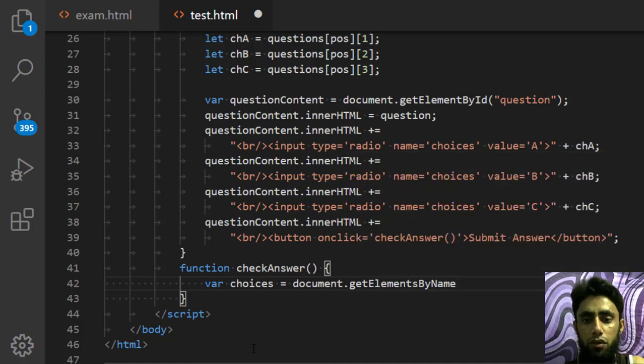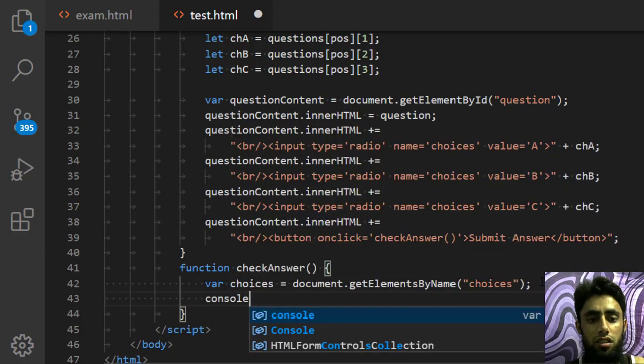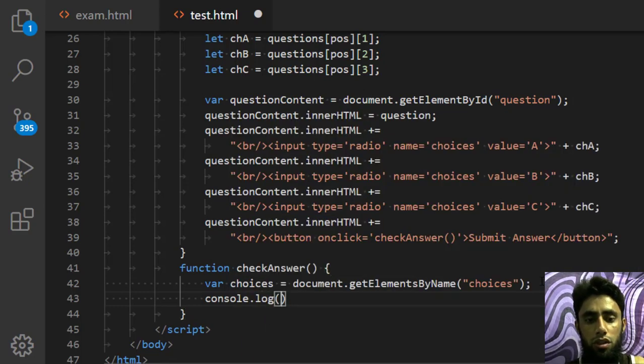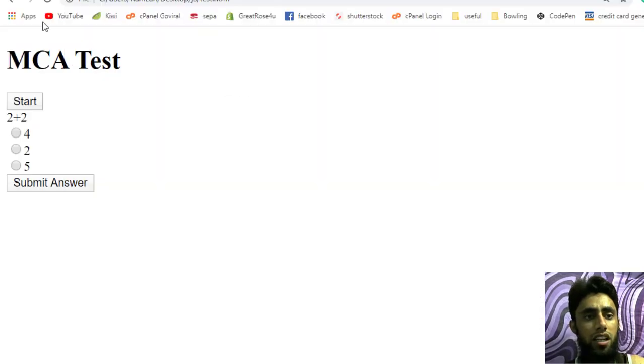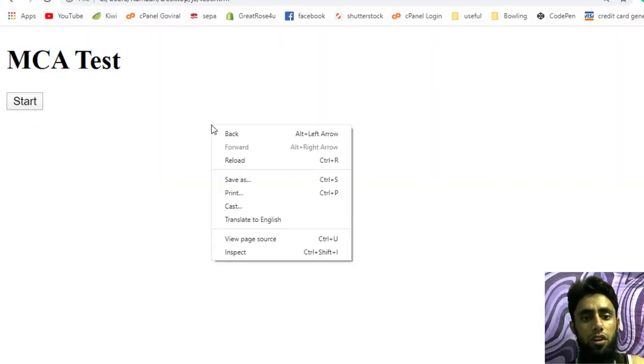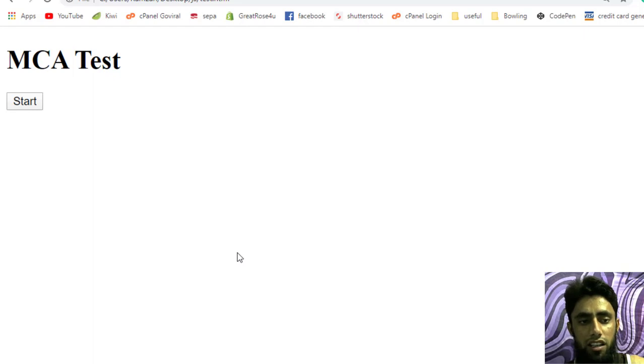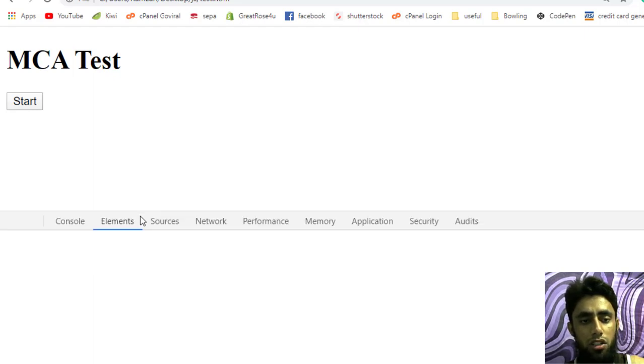All right, because we have actually mentioned here the names, so I need to add here the name choices, and you can see that whatever would be inside of choices, that would actually be an array. So if you wanted to see here, let me show you choices here. So let's run this, and I'm gonna inspect it, and you can see on the console